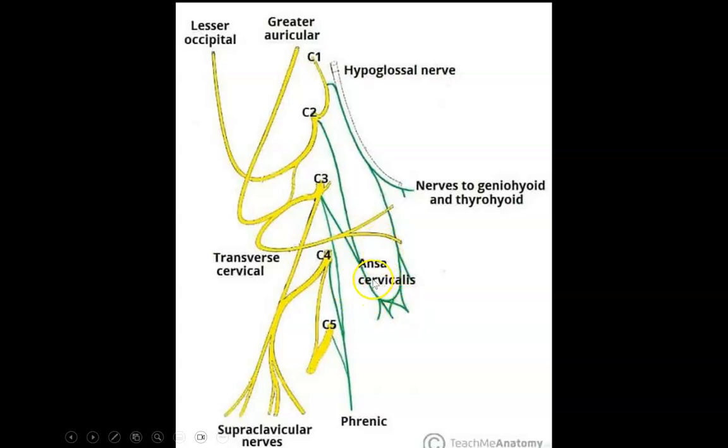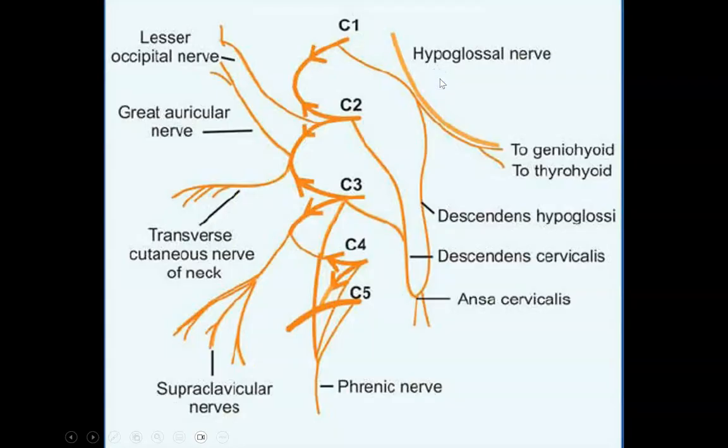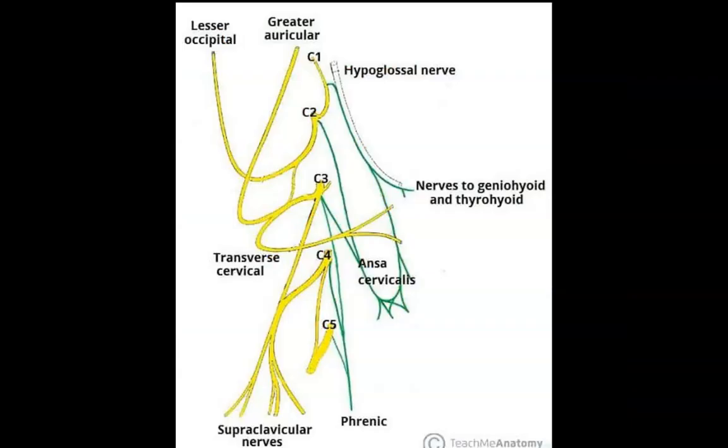Motor. Another important motor nerve is the phrenic nerve from C3, C4, and C5, and it is responsible for the movement of the diaphragm, which means 80% of the respiration. Very dangerous nerve, very important nerve. And of course you have the sensory part of the cervical plexus, great auricular, lesser occipital, transverse cervical. It's not that important. Some cutaneous branch, supraclavicular,